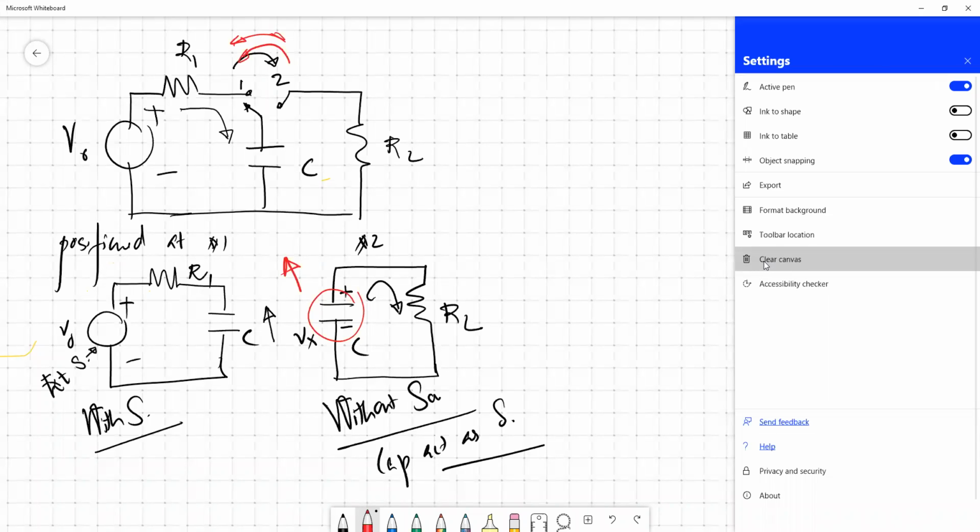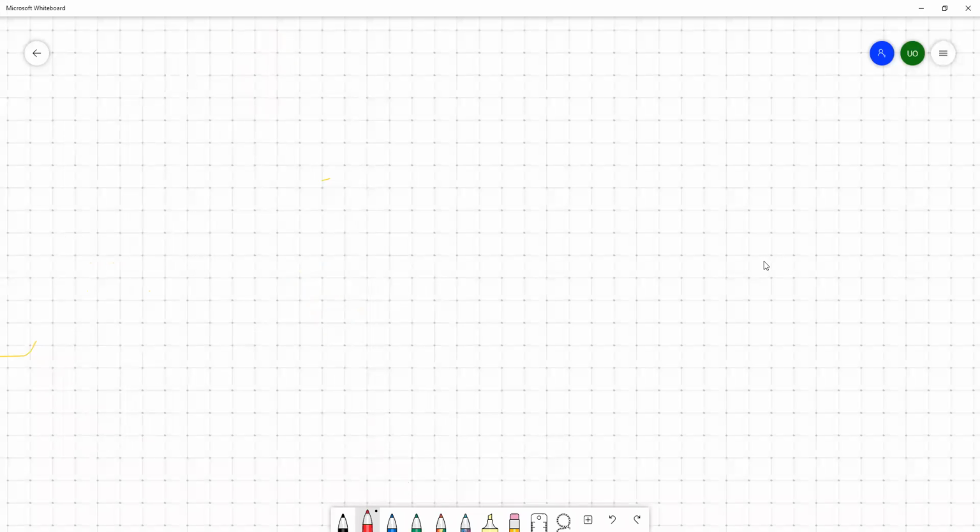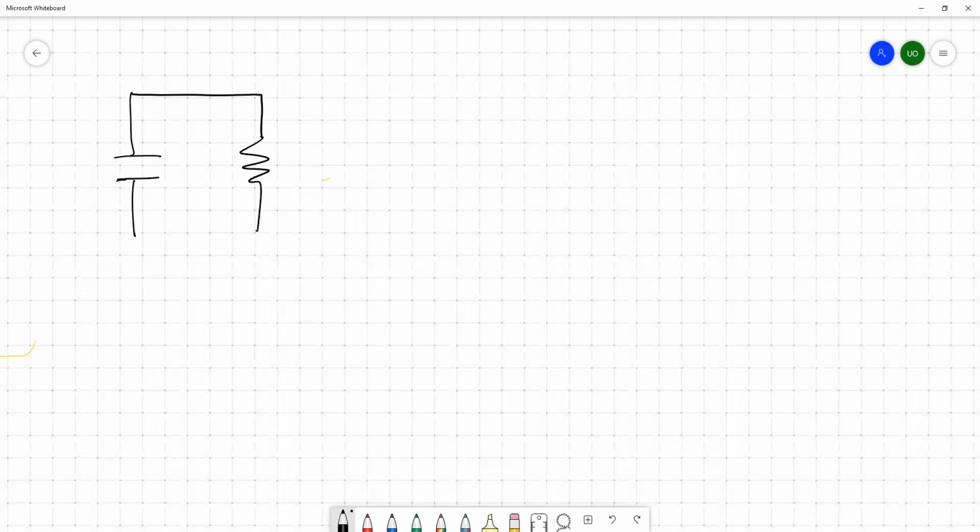analyze one simple circuit. Okay. So this is a very simple circuit. So we have a resistor here. So we have an initially charged capacitor. Keep in mind this is R. So this is already charged. Already charged means